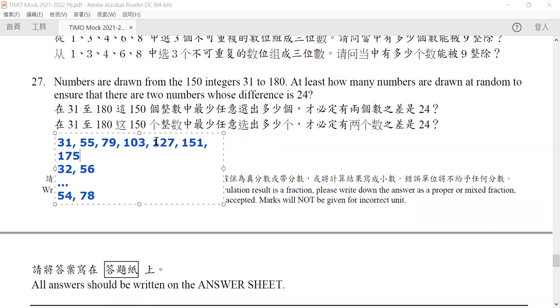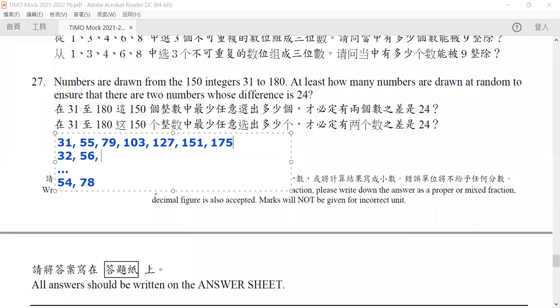Now you can do exactly the same thing over and over. It will be 128, then 152, then 176, and so on and so forth until the last one, which is 102,